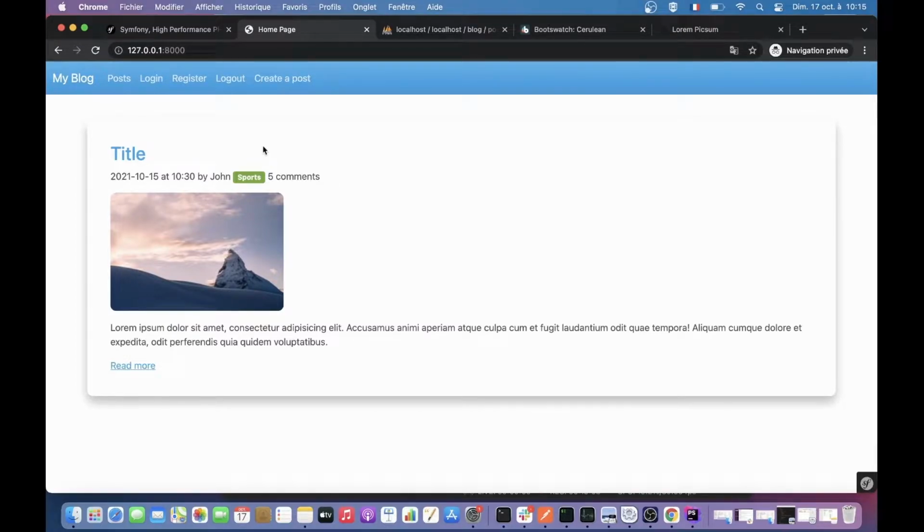For the category, I will have a list of categories. These categories might be repeated for posts. One category can be related to a lot of posts. One post can be related only to one category. So I will make an entity named category. I will go back to my terminal, say php bin/console make:entity category,